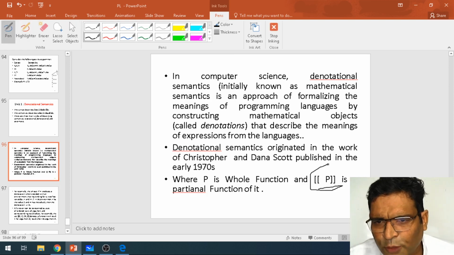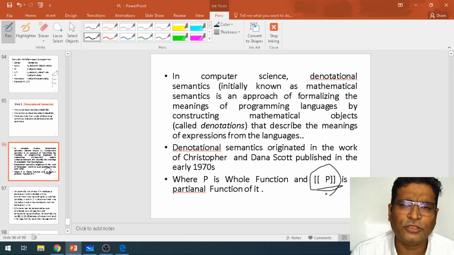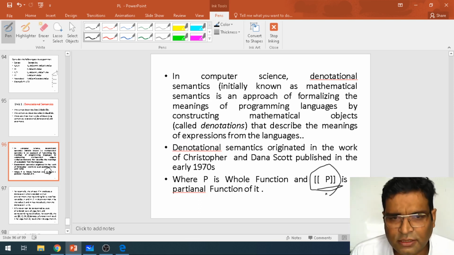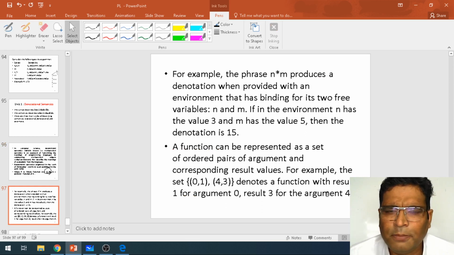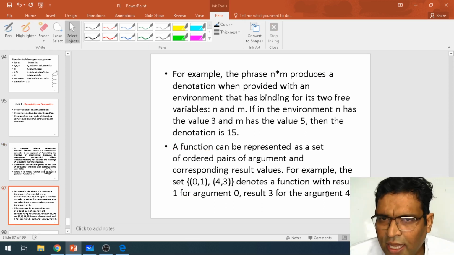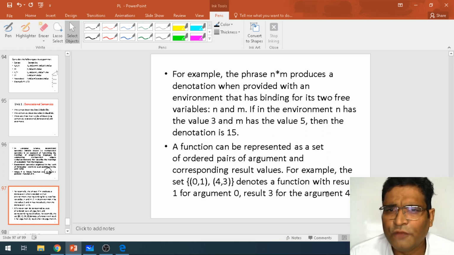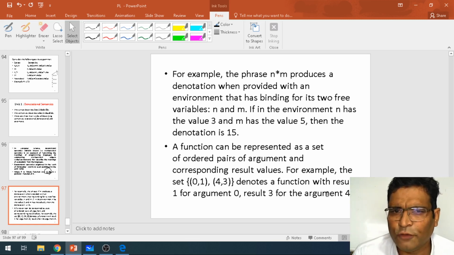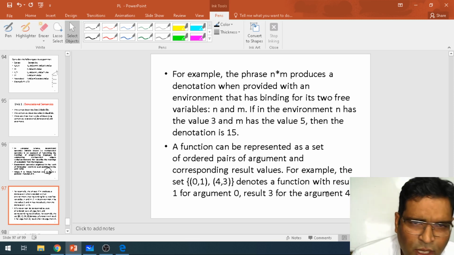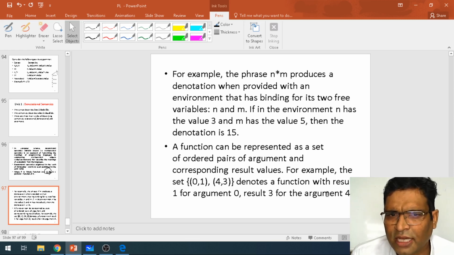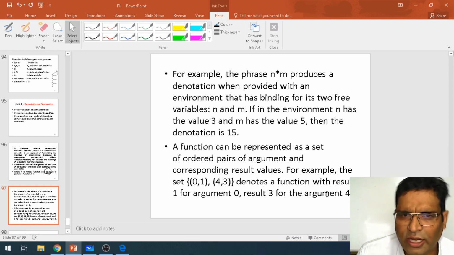We are going to see this in an example and how it looks. For example, the parts M and N produce a denotation which is provided with an environment that binds 2 free variables, N and M. If N has value 3 and M has a value of 4, it gives you 5.